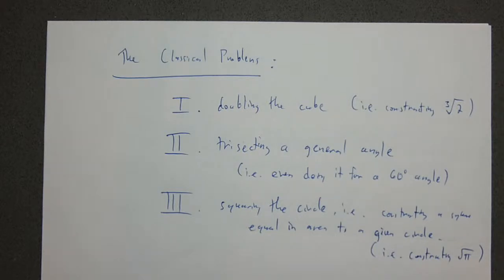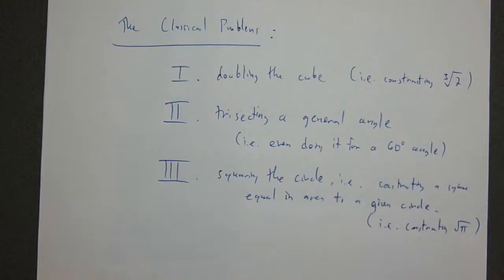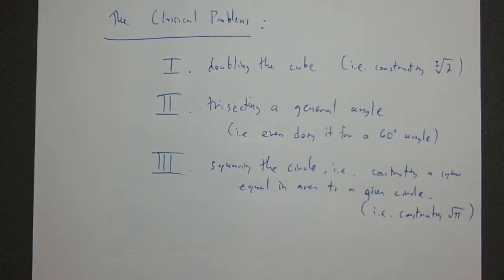Okay. Now, as I've mentioned many times, there were solutions to these problems, right? In fact, even Hippias was an early solver of 2 of these problems. Hippias used the quadratrix to solve trisection and squaring the circle. Okay, but this was tossed aside by Plato as not being a proper solution. And so when we talk about solving these problems, we talk about doing it with compass and straight edge.